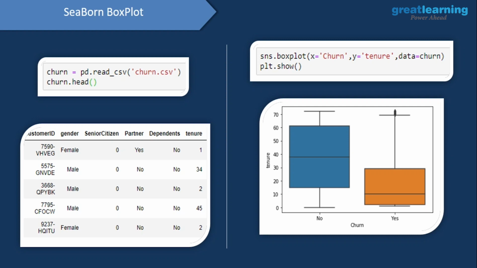One interesting attribute about a box plot is that it can be mostly used to understand how a categorical value changes along with a numerical value. So that is why here we have mapped this categorical column churn onto the x-axis and this numerical column tenure onto the y-axis. And we see that, so what you see is the median value which we have already seen. So when it comes to people who do not churn out, it seems that their median tenure, or their tenure in general, is longer than those people who actually churn out.